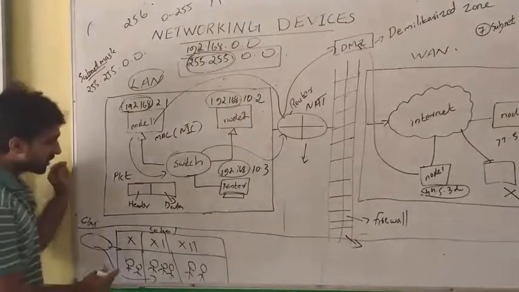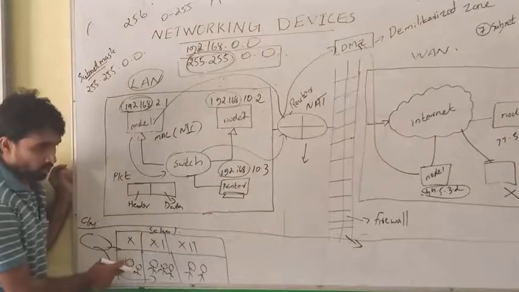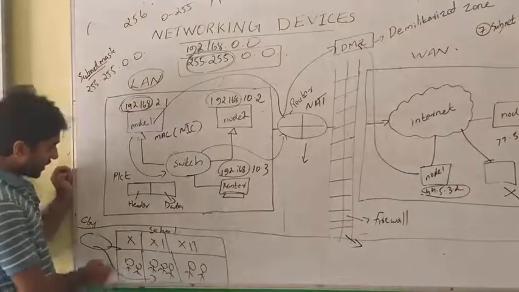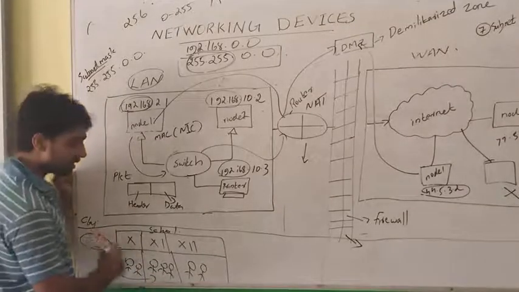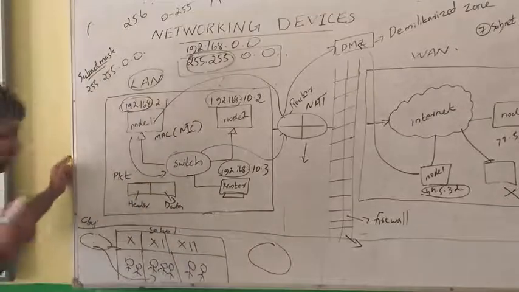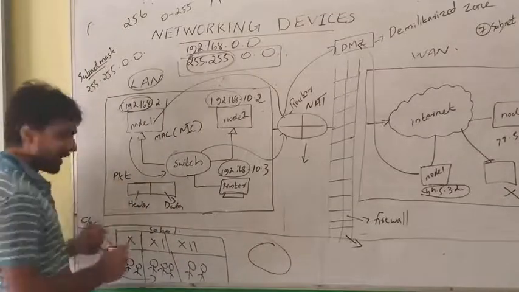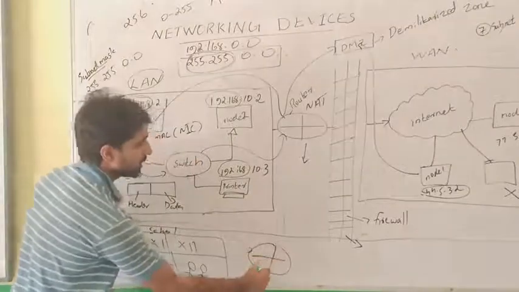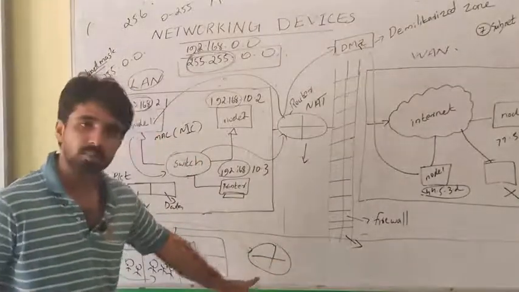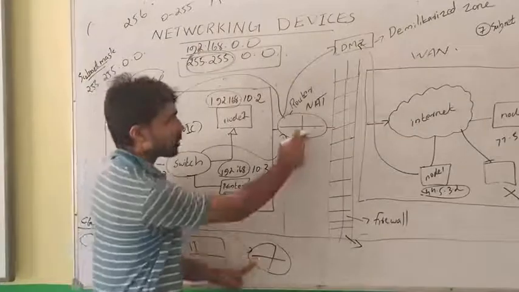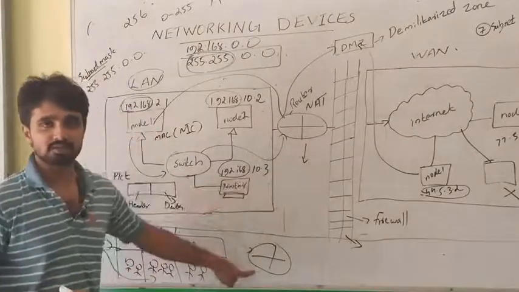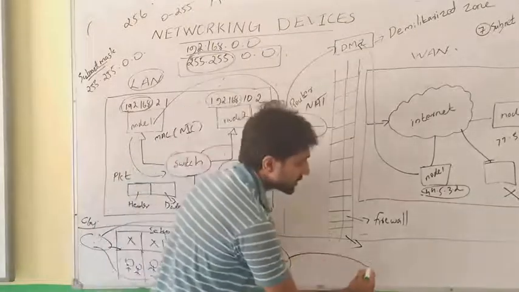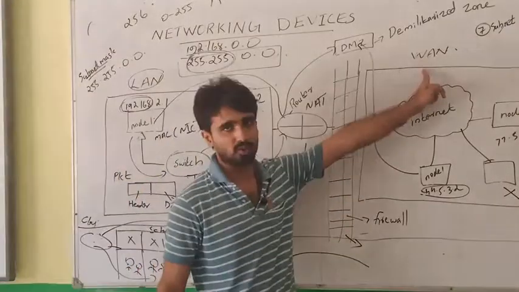Then, for example, this student wants to move to another school. First he moves to the class teacher, then takes the permission from the principal, because he needs to move to another school for attending some function. So you need to take the permission from the principal. Here the router acts as the principal. Only after getting permission from the principal can we move to another school.